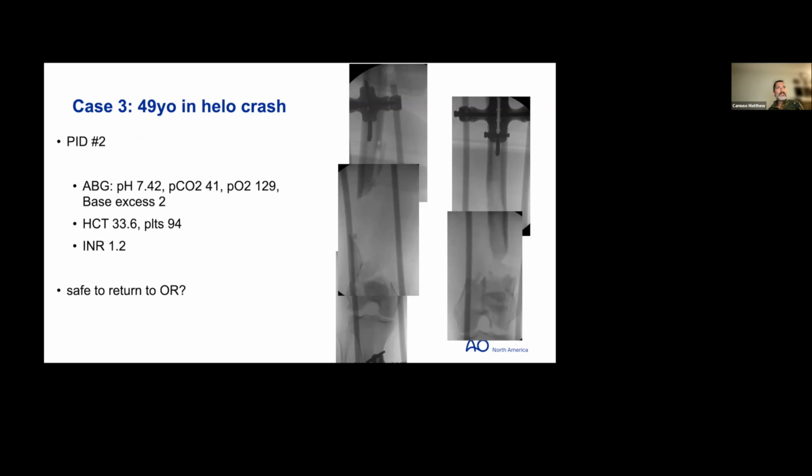I don't know what some of those numbers mean, but base excess seems like it's good. His platelet count is not coagulopathic. It's only day 2 though. So, to my original question, is it safe to bring this guy to the OR to start working on these? Yeah, that's when we get our interns who have recently gone through medical school to explain a bit of this physiology.